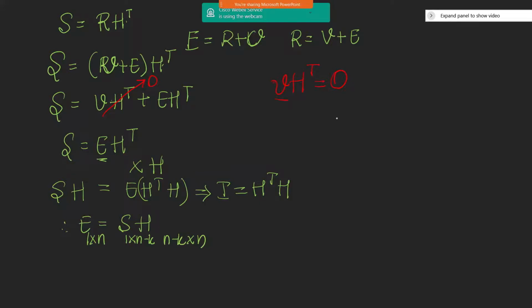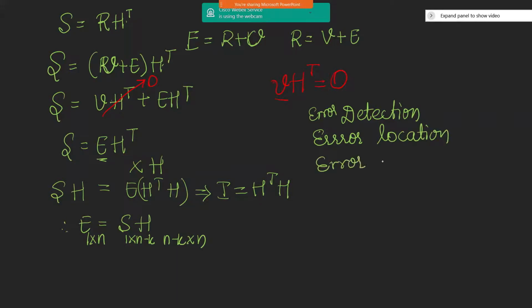The three processes will be, first, error detection, then we will locate the error location, then error correction will happen. Out of these three processes, the first two things are very important, and this is obtained by the syndrome that we evaluate for every received vector, and error correction can be done manually. So this is the process that we follow during the error correction.